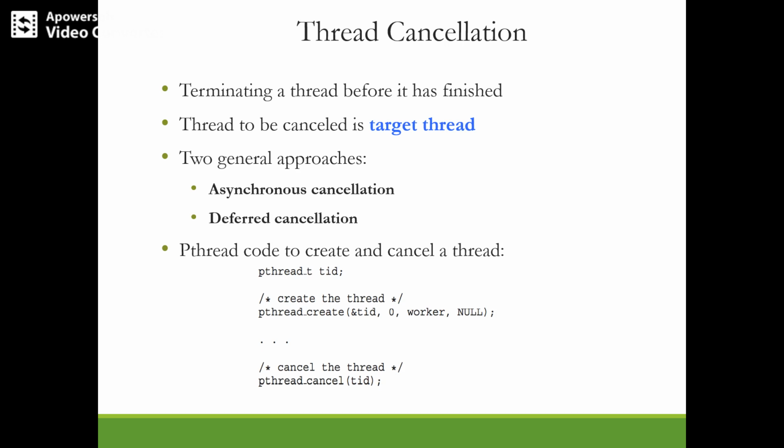So this is just a small code. You can see this is a pthread code which creates a thread, and during creation it calls the worker function, and its argument is set to null. Pthreads also have some points called cancellation points. This is just to allow a thread to check if it should be cancelled at a point when it can be safely cancelled. So pthread also provides deferred cancellation, and most of the operating systems allow a process or thread to be cancelled asynchronously.